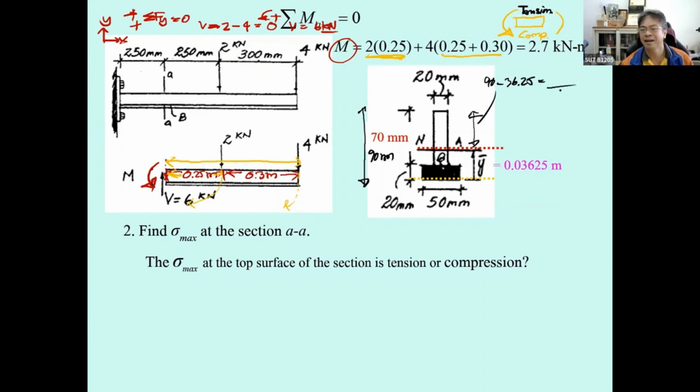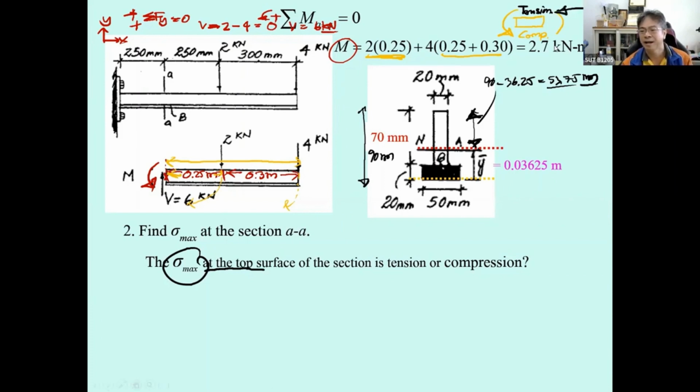And then you will get this distance to be what? 90 minus 36.25 is going to be 53.75 millimeter. So we will use this distance to determine sigma max on the top,